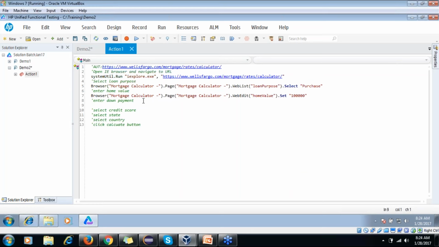Now down payment we have to enter, dot web edit. Meanwhile, team, if you have any question you can put it in chat and we'll take it after this. Set. Now suppose we want to do 50,000 down payment, and then let me copy till here.